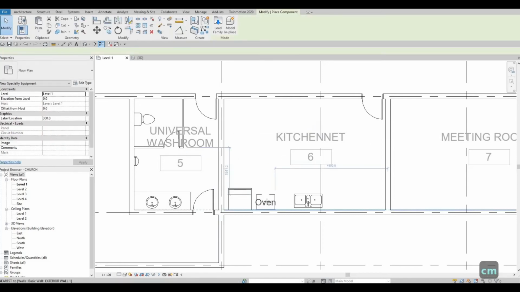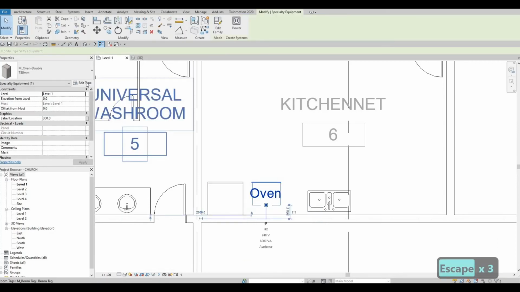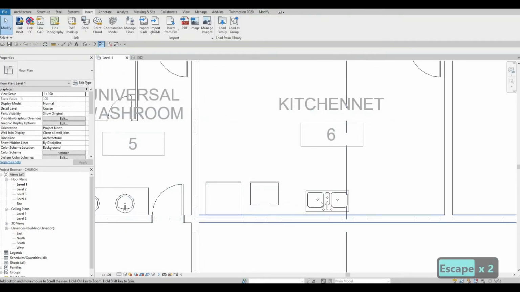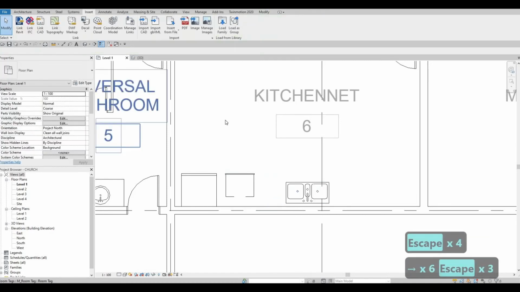I want it to be beside this, and then select that, click edit type, and then uncheck show label. And then here,